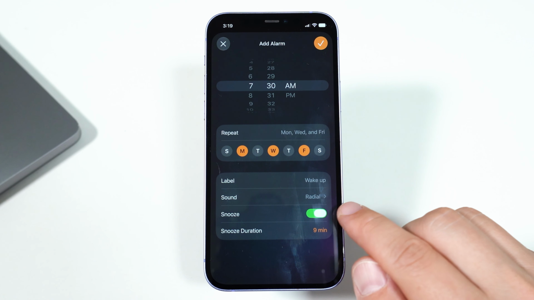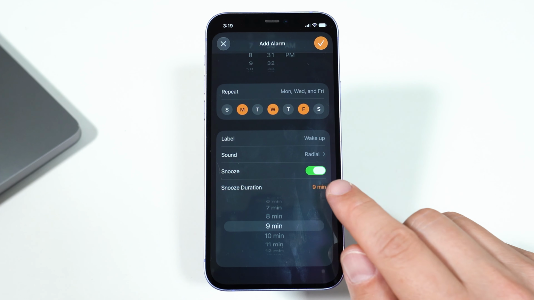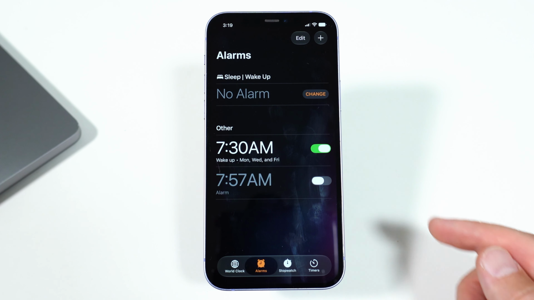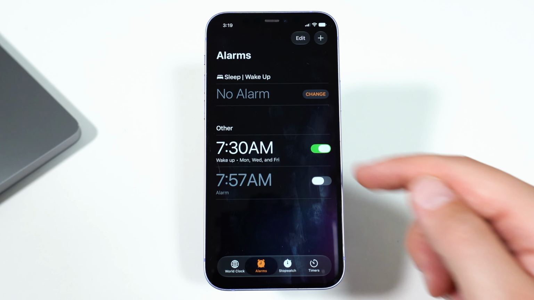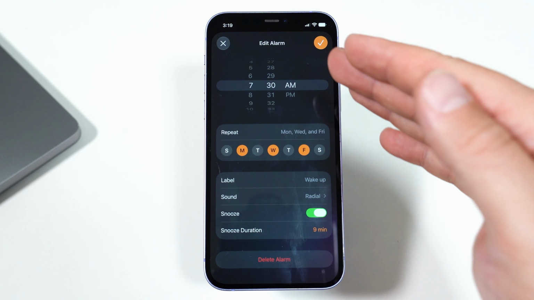There's also a snooze toggle, where you can enable snooze and set the duration. Once you're happy with everything, tap the checkmark and you're all set. There's your alarm. You can toggle it on and off, or tap the middle of it anytime to go back and adjust. Change the time, customize which days it runs, or delete it entirely from the bottom if you don't